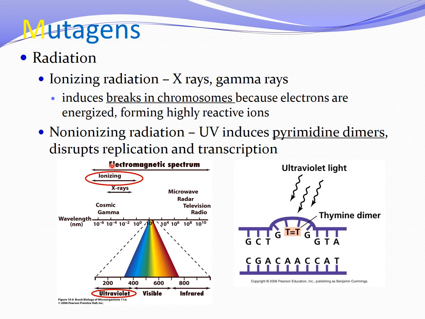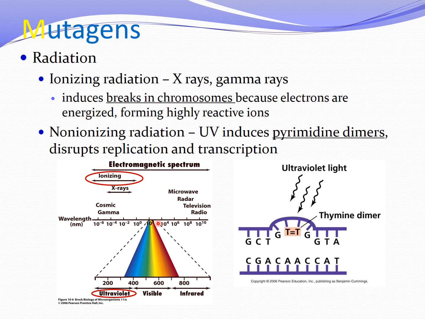Ionize means you create ions. You can actually remove electrons from atoms. Okay, so they become ions. So the effect is pretty bad. Okay, so with X-rays and gamma rays, what happens is the chromosomes can break. Okay, because it's very high energy. Now, on the other hand, you have non-ionizing radiation. An example of this is UV. So if you remember, UV is right here, okay, compared to this, it has lower energy,